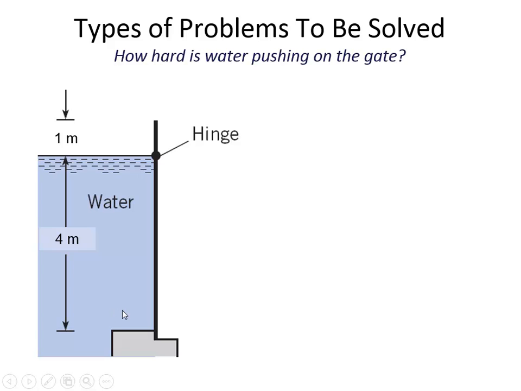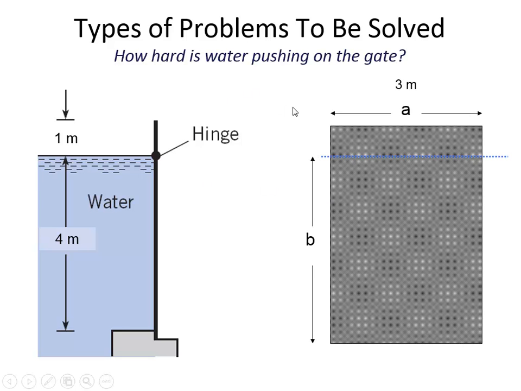and so that the water pressure that's pushing to the right on the gate would be forcing the gate open. It would be causing the gate to be open and the water would be pouring out over that ledge. So the types of problems we'll solve is a question like how hard is the water pushing on the gate there? And so for a problem like this, if we were going to break it down into a shape, then what you'd need to keep in mind is that the shape that's relevant to the hydrostatics of the situation is